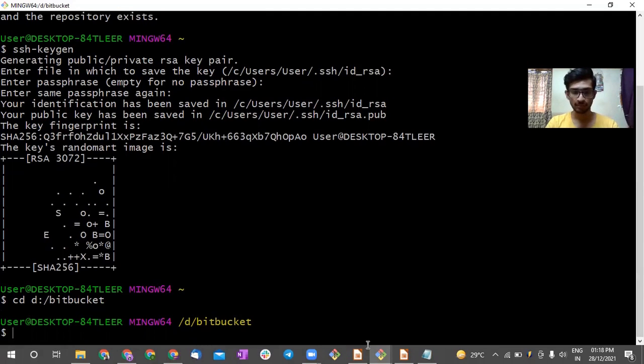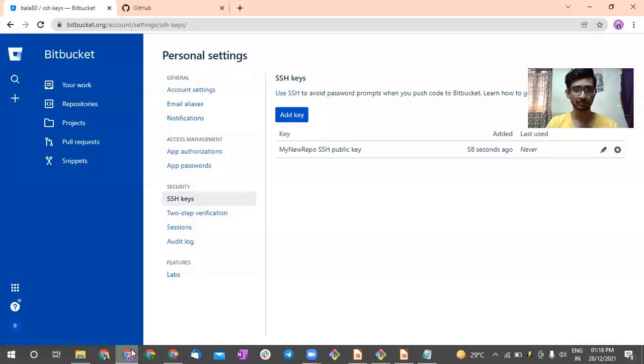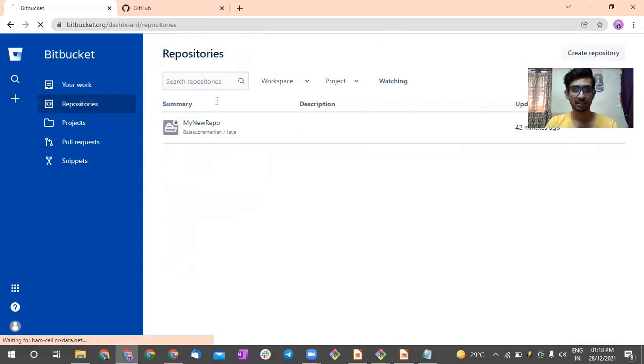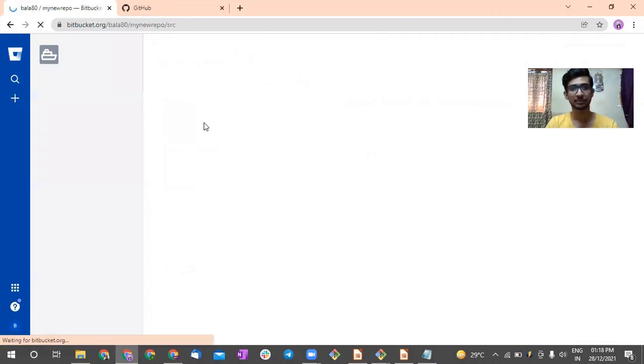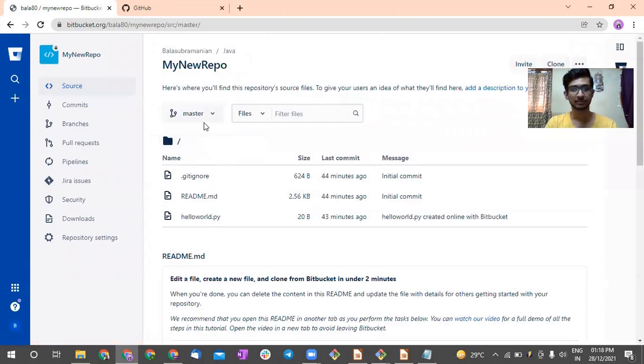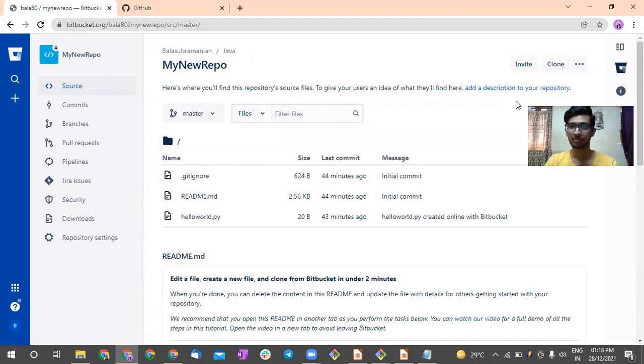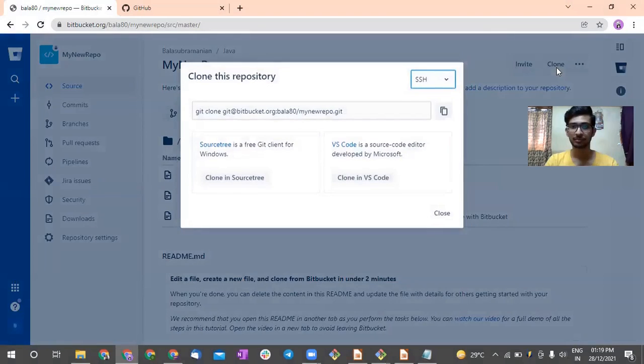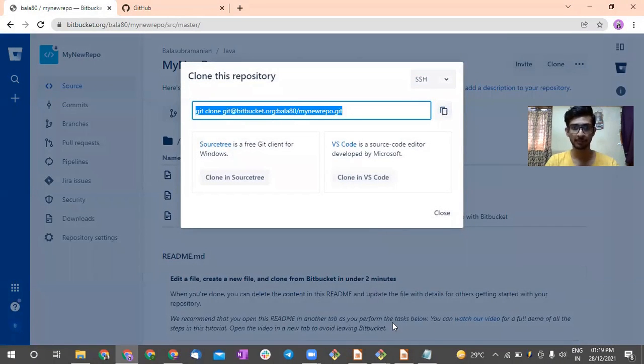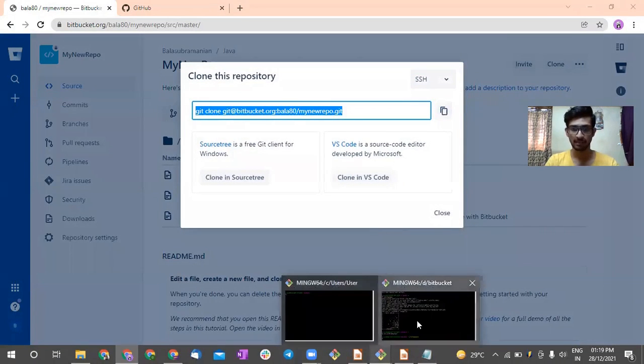Now I will copy the SSH link. So here I have it. I've copied it. So I'll paste it in my Git Bash.